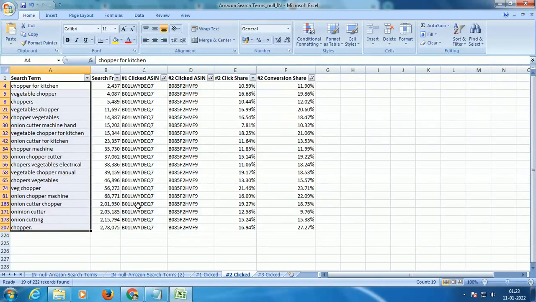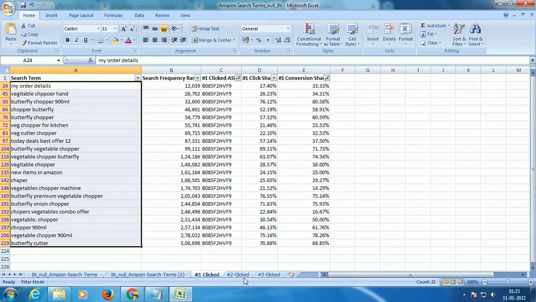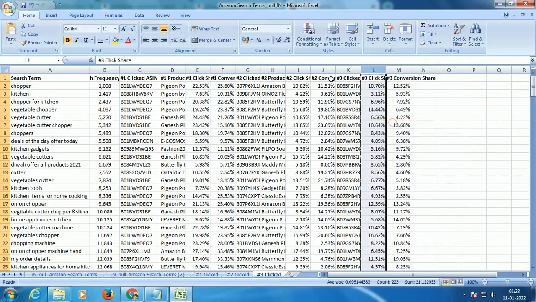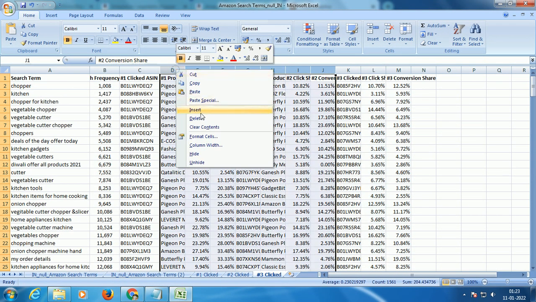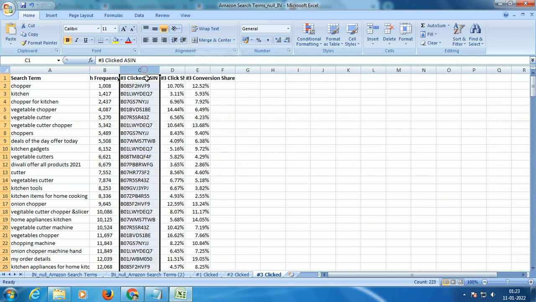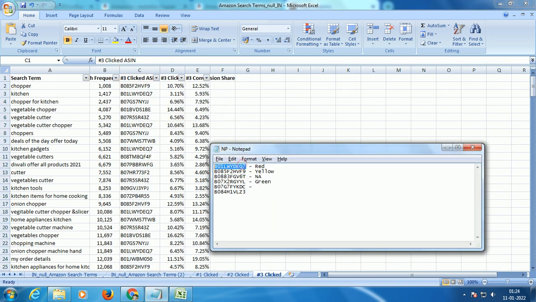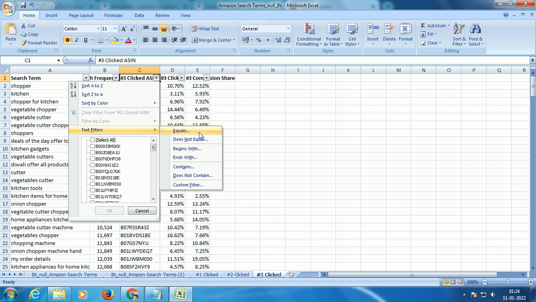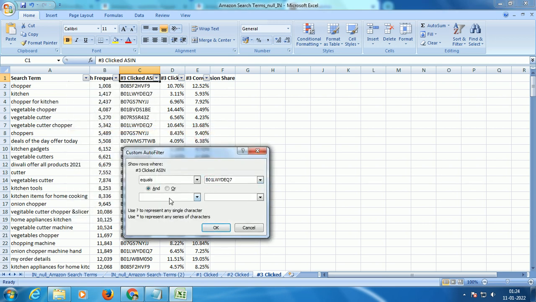So likewise, guys, I've shown you for first click. I'm going to do the same thing for second click. I'm also going to do the same thing for third click, right? So I'll just remove all this stuff. This is not at all required for us. Right now we have our ASINs here, right? So once again what I'll do, I'll just do a filter, and I'll just look for this keyword, and then I'll just plug in here, right? I'll just say anything that equals to this, and I'll say okay. You can also apply and or filters or loops, or you can make use of them to apply 2-3 ASINs together in one shot.